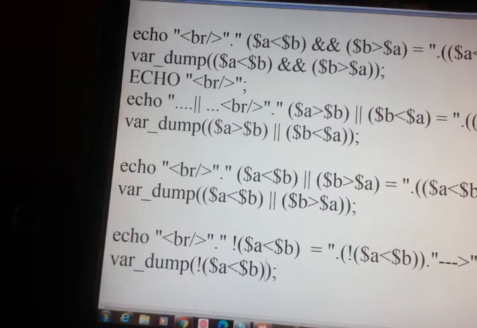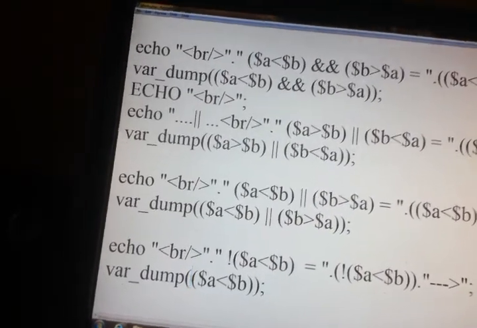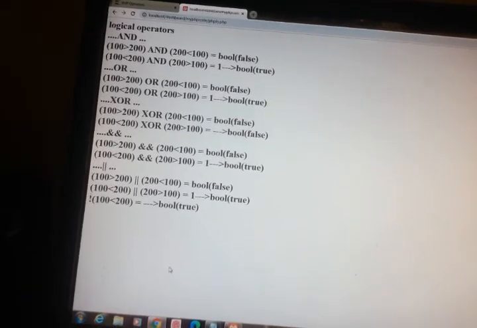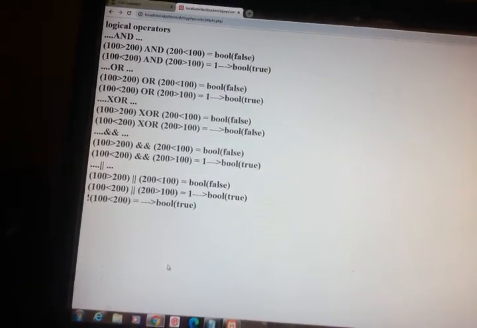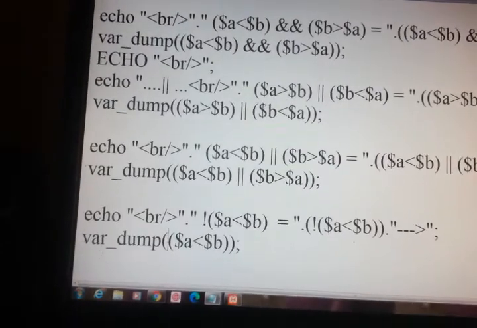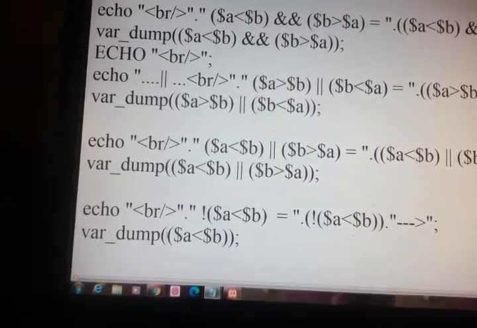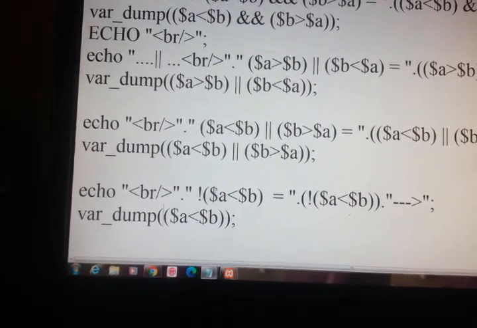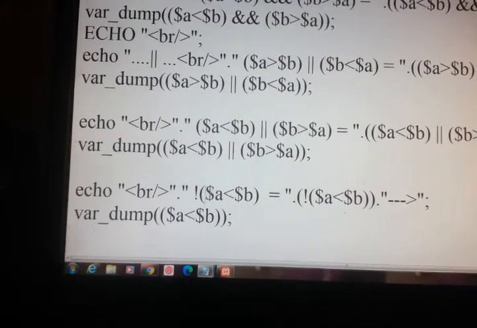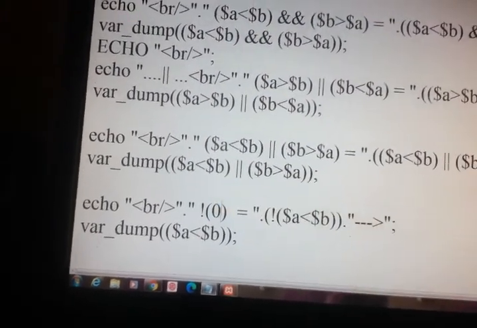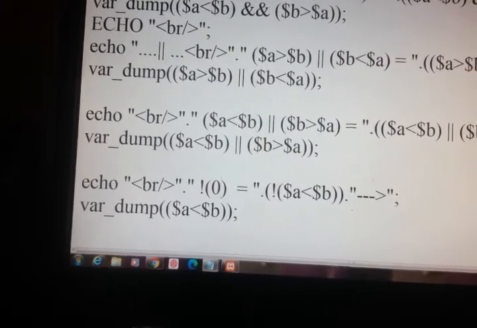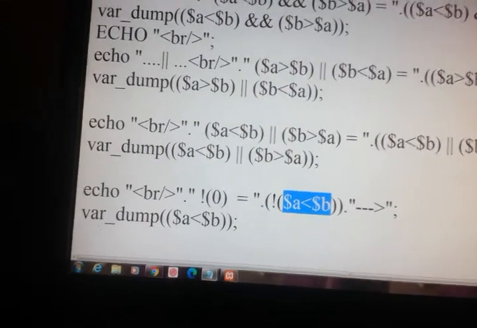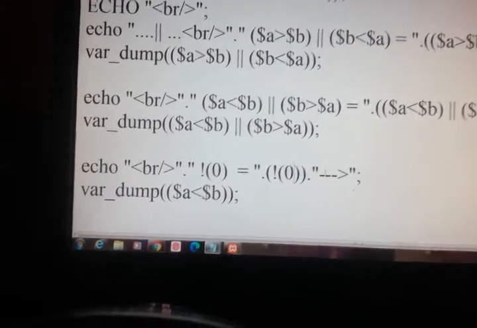Here if you remove this, what you are getting is true. So here if you change this code to not of 0, I will write not of 0.